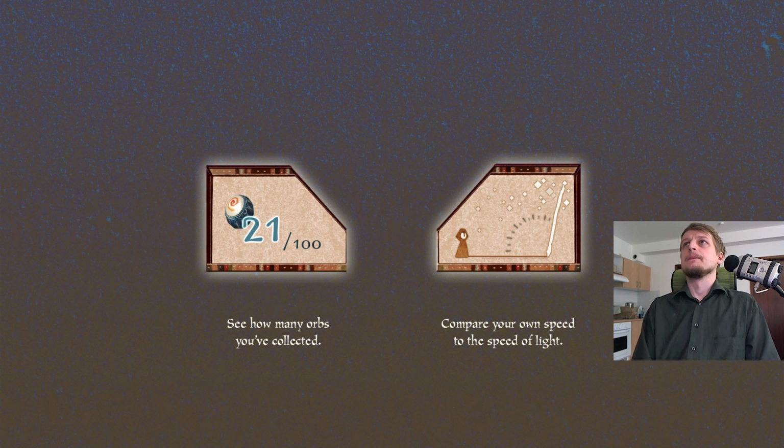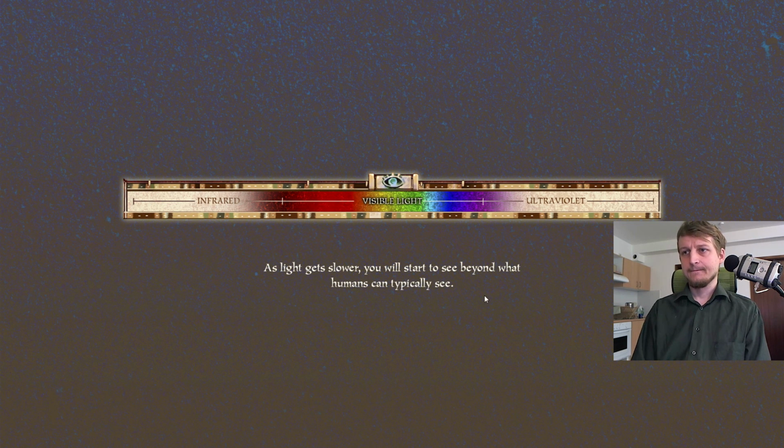Alright, so it is not like we would be moving faster and faster until we move as fast as light, but we slow down the speed of light. But it's the same relatively seen, whether the light moves slower or we move faster. This shows us how many orbs we have collected, and here we compare our speed to the speed of light. And there is this little spectrum